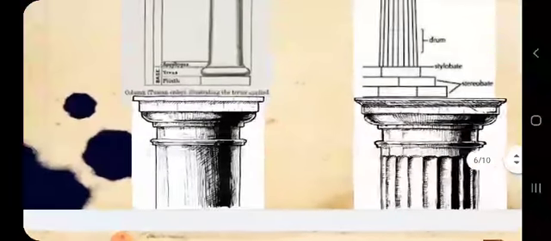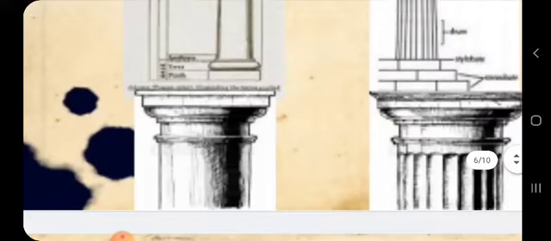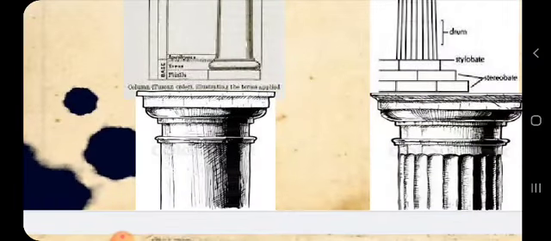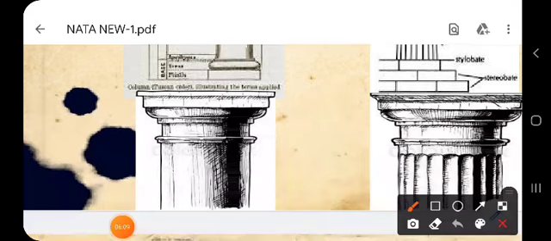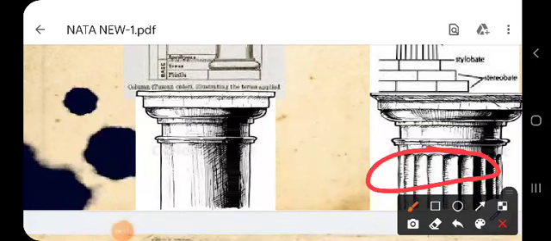But there's a difference in the structure of pillars, because we don't see these fragmentations in this pillar, because mostly all the Roman pillars are monoliths, or made from a single stone. Okay, now